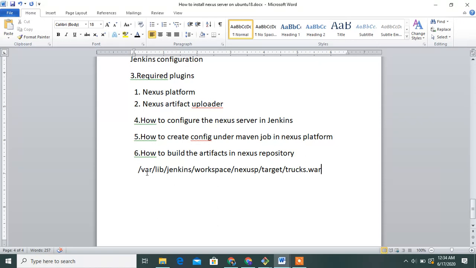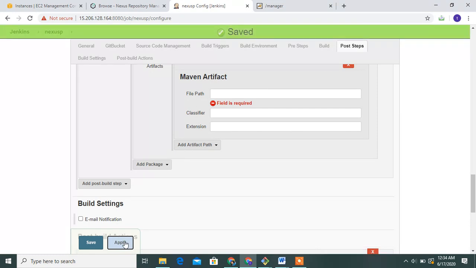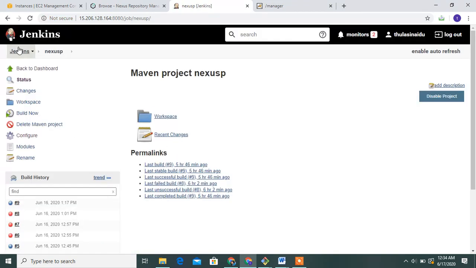See this, guys, this path: /var/lib/jenkins/workspace, Nexus project name, and target, and go to the war file. What is the path? Apply and save it.